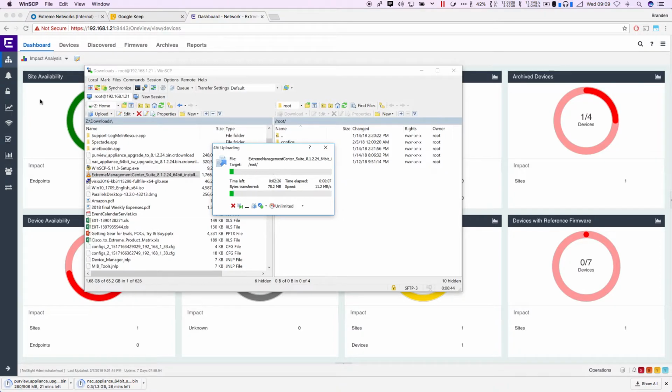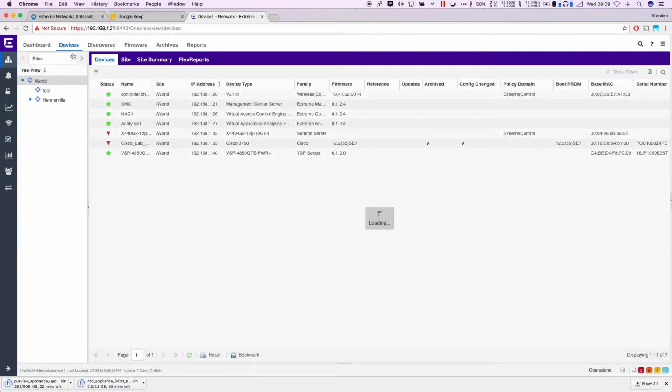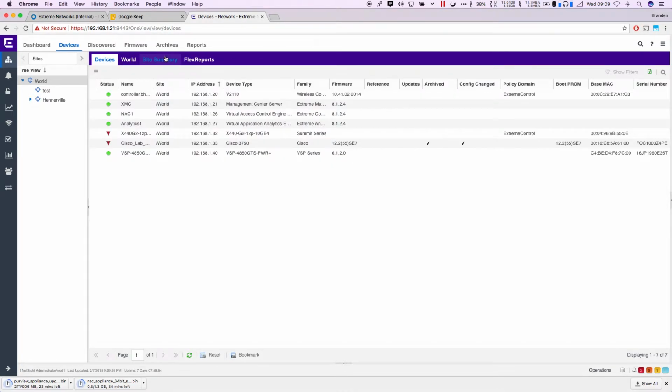While that's going, I'm going to hop over here to my management server. And if I go over to devices, so here's all my devices. Right now we're running 8.1.2.4. If I look at WinSCP, you can see the file name 8.1.2.24. So we're going up a little bit in revisions, and so we'll just